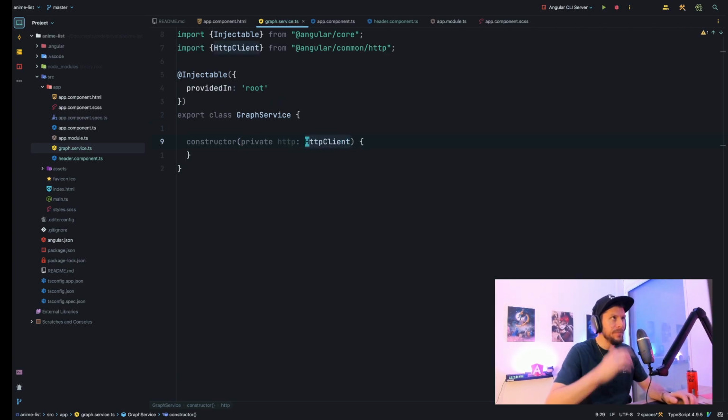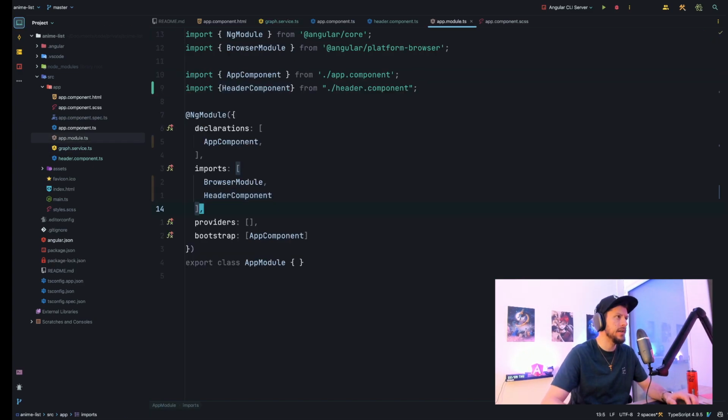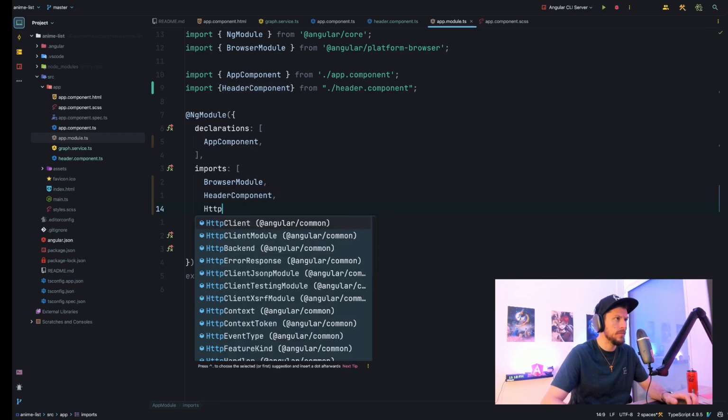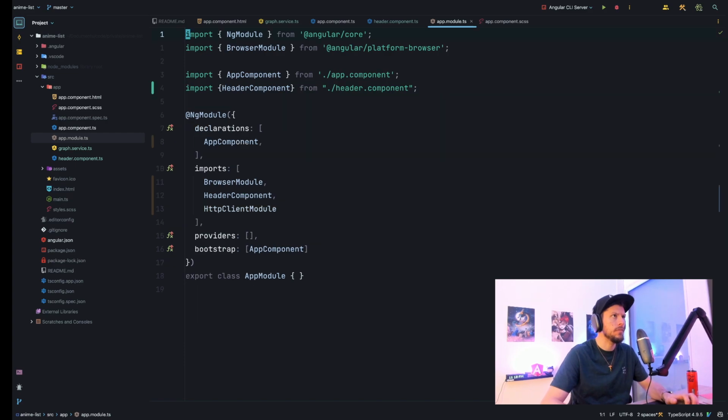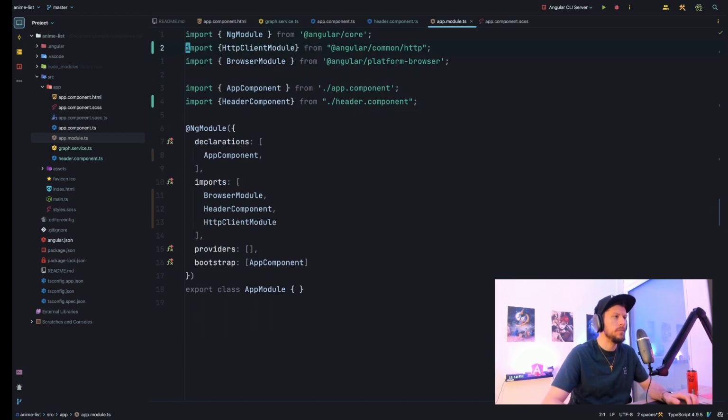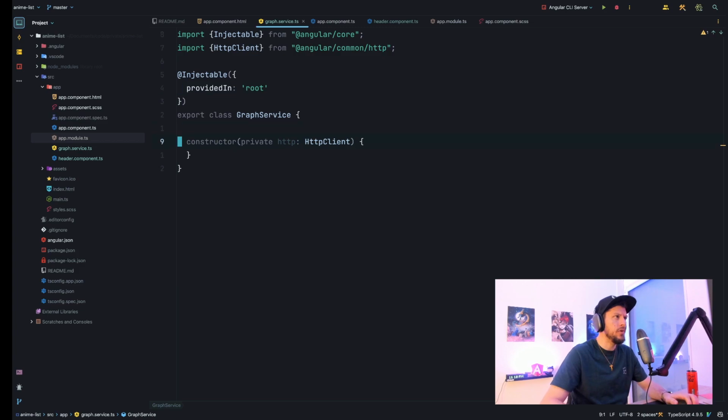So if we want to use the HTTP client, we have to go and import it. Right? So we import it and then we add a public